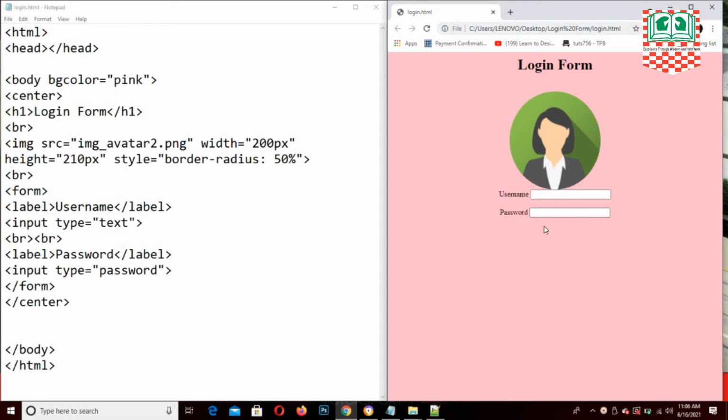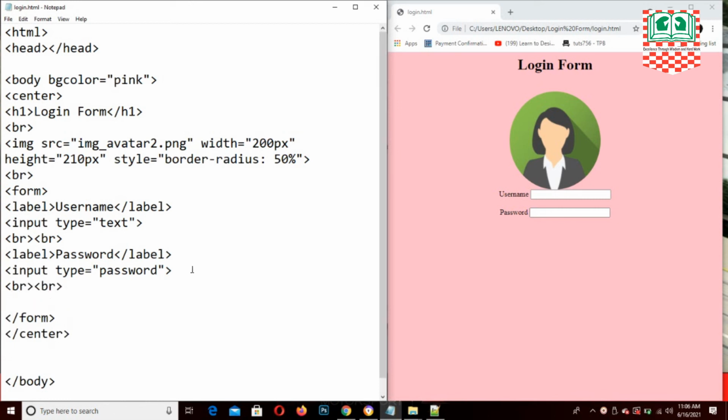Okay, so the last one here, I'm still inside the form tag. Can you see that? I'm inside the form tag over here. So inside the form tag, I want to go to the next line twice also. So I'm going to use the BR two times. Then after the BR, I want my input tag. So inside the input tag, there's an attribute type which is called